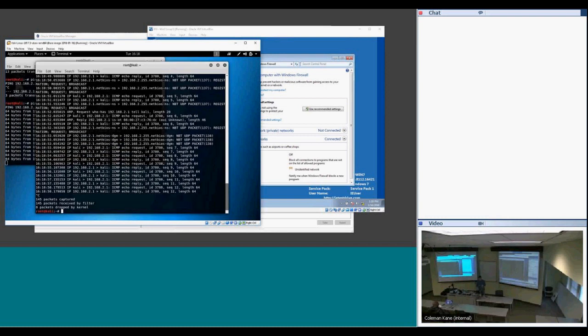So I'll just Control-C this. I'll let the pings go in the background. But basically what you're seeing here is how ping works, and this is actually how a lot of network traffic works in general. ICMP displays it very well, but in reality, all of the network traffic that you're going to be analyzing works like this, where you send a little bit of data to one machine and then it sends